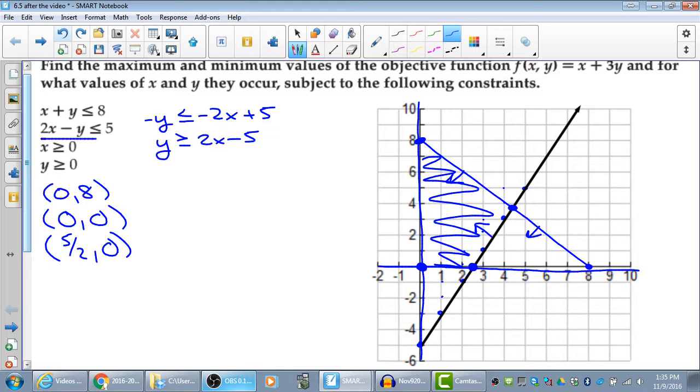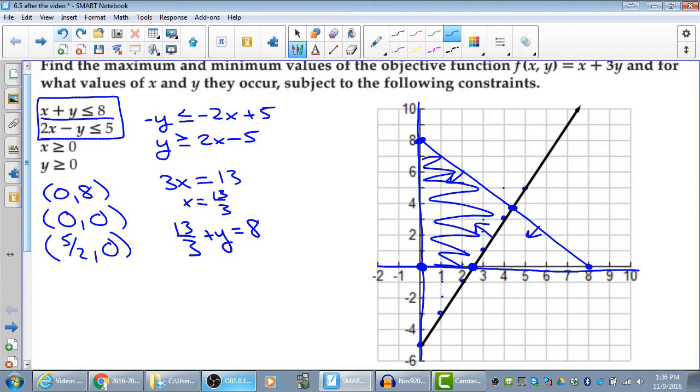It's the intersection of these two lines right here, and this is pretty much set up to find the simultaneous solution to solve the system of equations. We can just add. So 3x is equal to, and I'll put equal to because we're looking for a specific point, 13, so x is 13/3. Well, now I have to get the y. If I pick either one of these, I can have 13/3 plus y has to be equal to 8. So y is 24/3 minus 13/3, which is 11/3. So the other point is kind of ugly, 13/3,